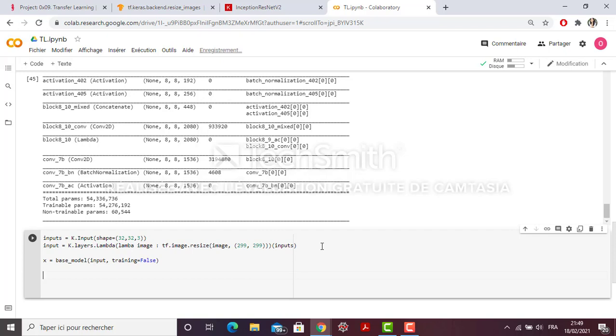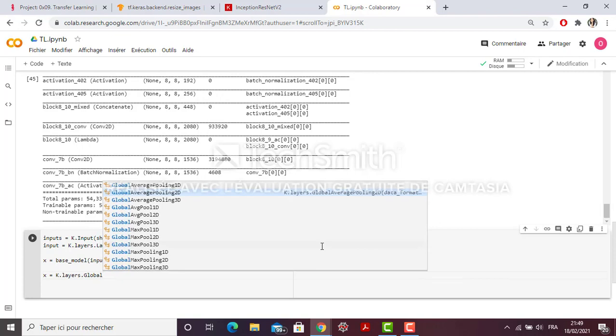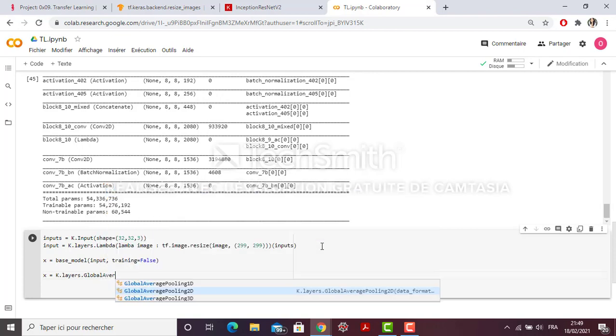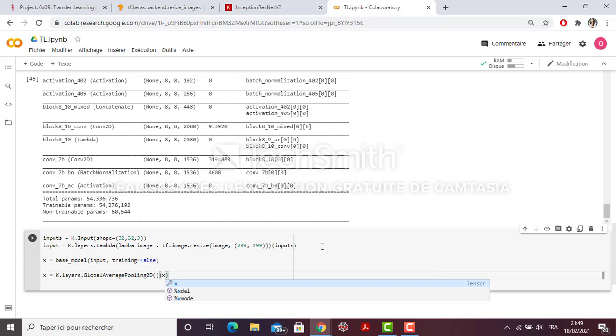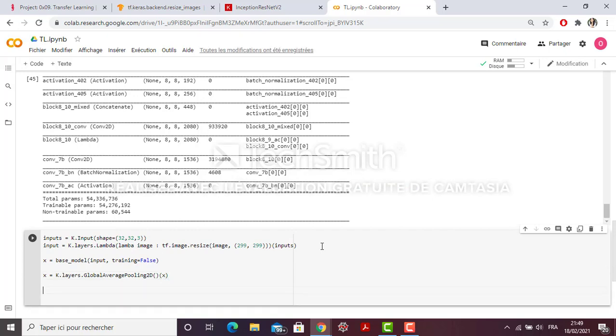Now I'm going to add my fully connected layers, but before this I should have a flatten layer or a global average pooling layer. So I'm going to add my global average pooling layer, and the layer X. After that I'm going to add my fully connected layers.